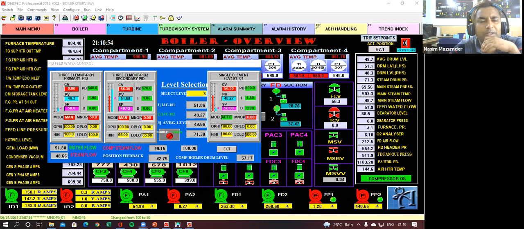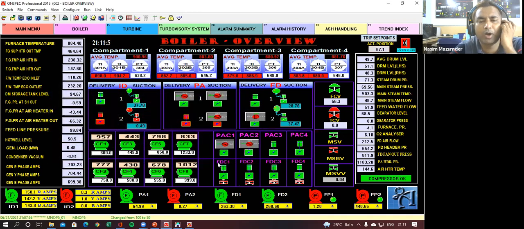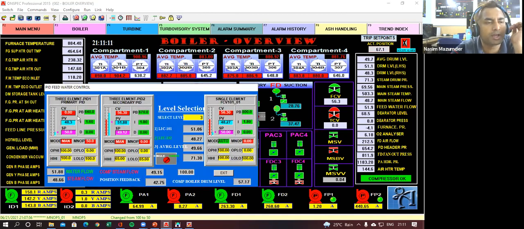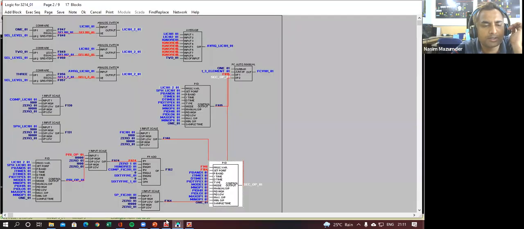So somehow what you got from this one, how to set your control valve. If not, then you all have the software, go through this FCV setting today. Check from where these values are coming, how this has been set here in this logic, and try to understand what is what.